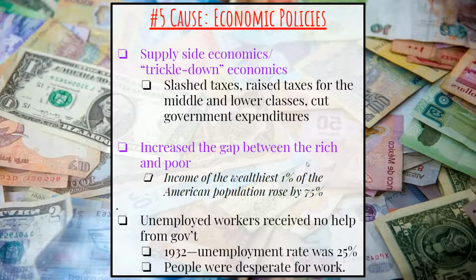But it wasn't just the people's choices. It wasn't consumer spending. It wasn't farmers overproducing. It wasn't people buying on margin as much as it was our economic policies that also helped it. Now, remember, the number one cause is overproduction. Number two cause, stock market crash. But you need to understand the government didn't help anything.